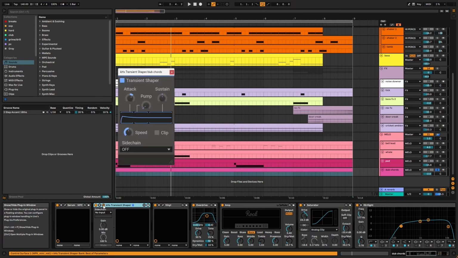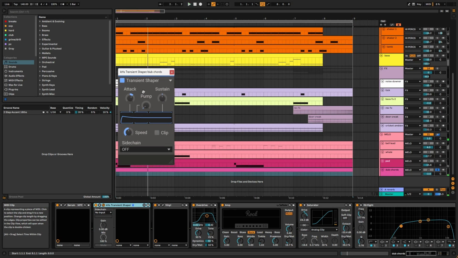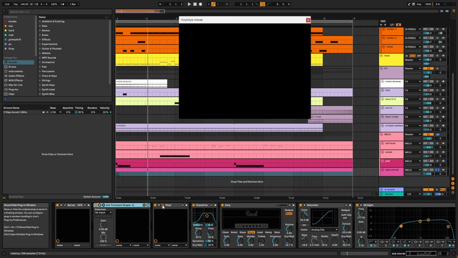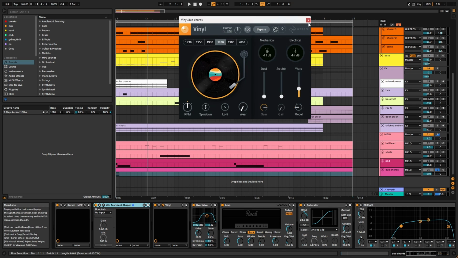On the channel, there's a transient shaper. This is the Kilohertz transient shaper, and it's better than some paid options. I'll link it below. iZotope Vinyl,